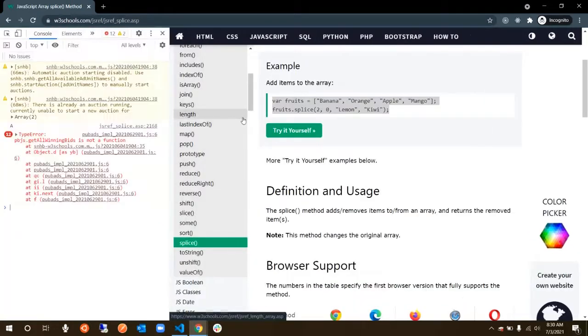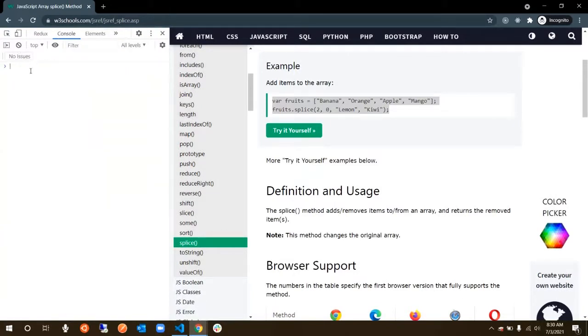Let's go ahead and execute this right here. So you see this is the fruits array. Now can you see this? Banana, orange, lemon, kiwi, apple, mango. Now, with this in your head, just tell me what I will do in order to remove those lemon and kiwi back. What do I need to change? I need to remove this lemon and kiwi now.